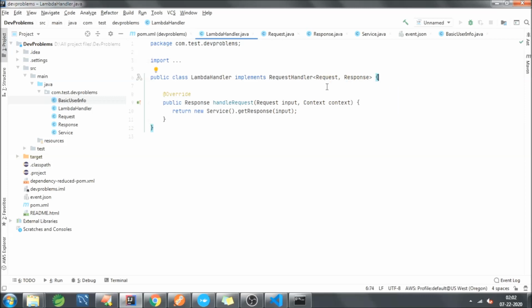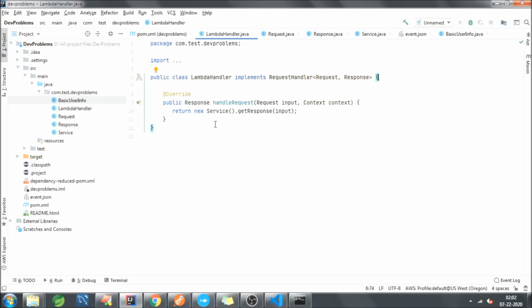You can have any data type you want, such as string, map, anything, but for this example I have done a custom thing. In the sense that I have just created my own request and response classes, and I have given them as input and output. Once you have the class implementing RequestHandler, you need to override the handleRequest method. As I mentioned, I'm going to give the output as a response class, so you need to return a response object here as well.